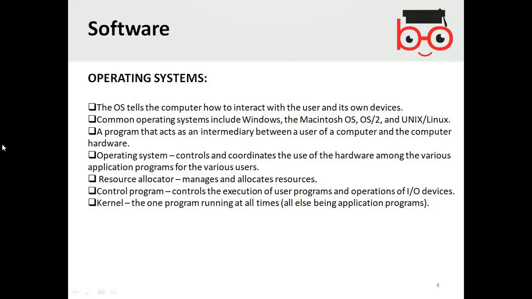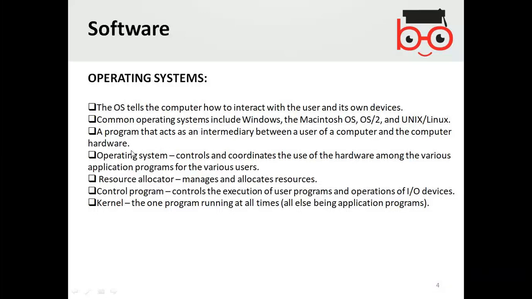We use the consoles that we use normally. All these kinds of software exist.